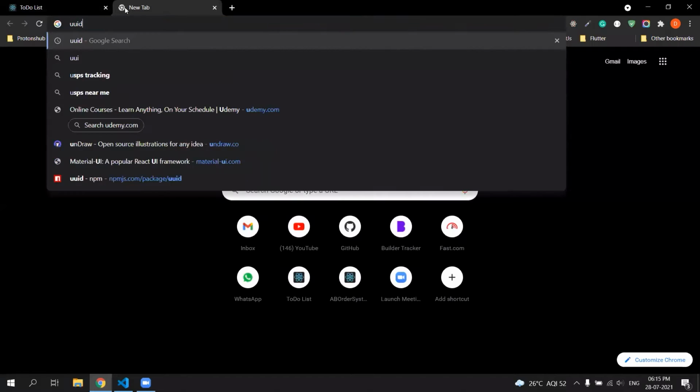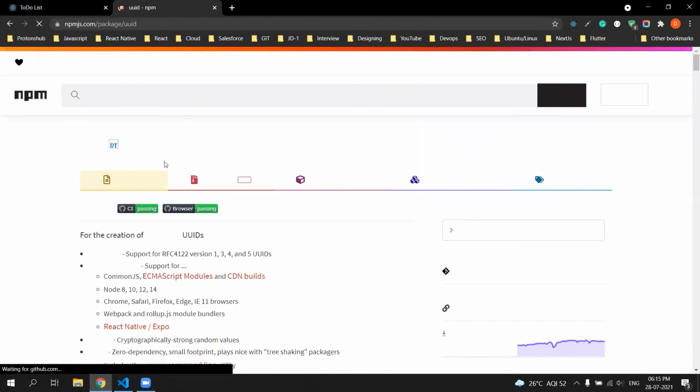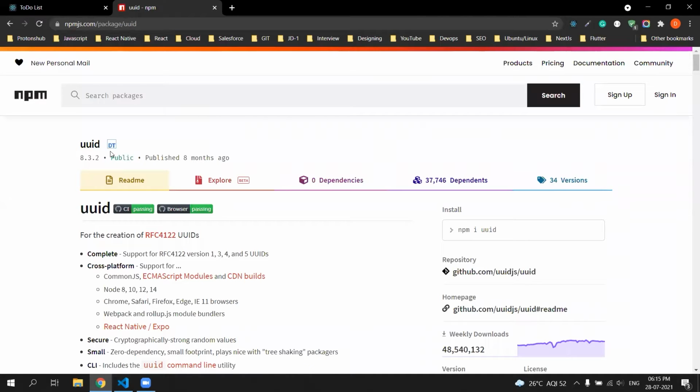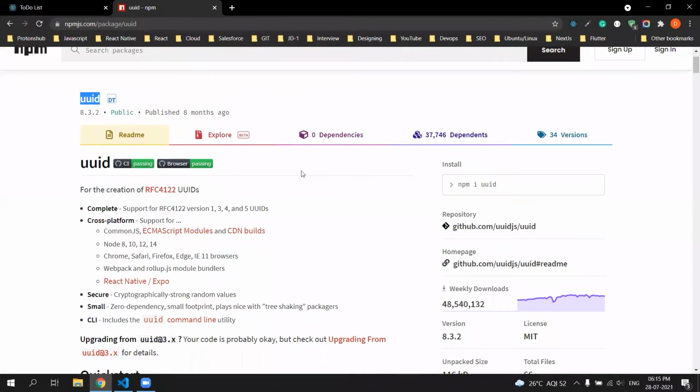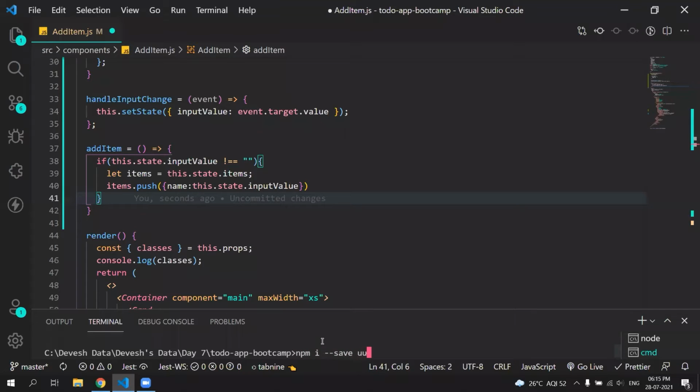To create a unique id, we have a package called uuid. You can search it on npm. When you call this package, when you call this method, it will give you a unique ID every time. So let's just install it once. npm i uuid.